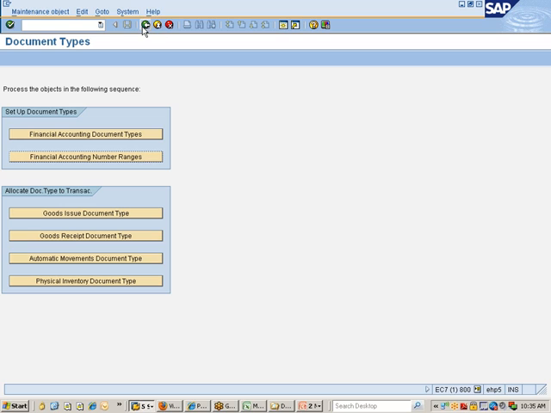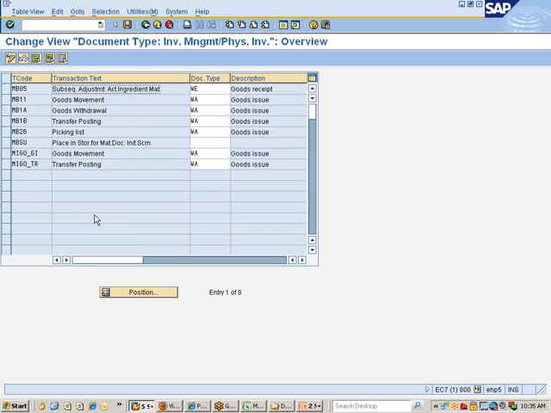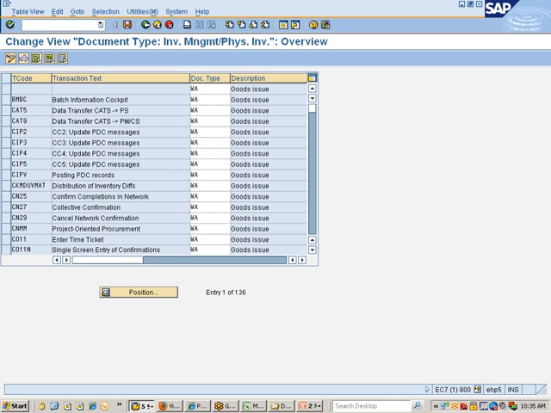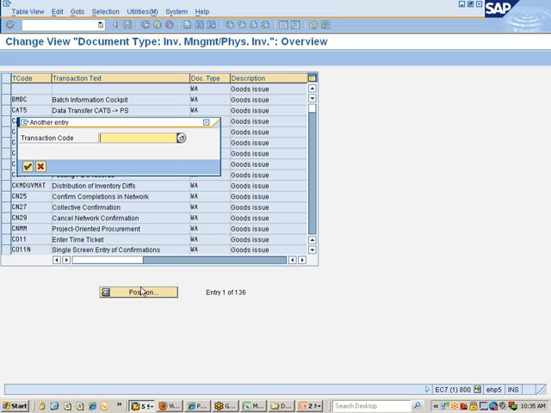Rest of the things, goods issues, goods receipts, those things you can do. Goods issue document type, you see here WA will be the document type, transaction code MB1A, okay, and then you go to material document number range setup, and that is where you will be defining that. Similarly, automatic movements for the document type. Look at here, automatic movement types. I told you there are two transactions which we use for